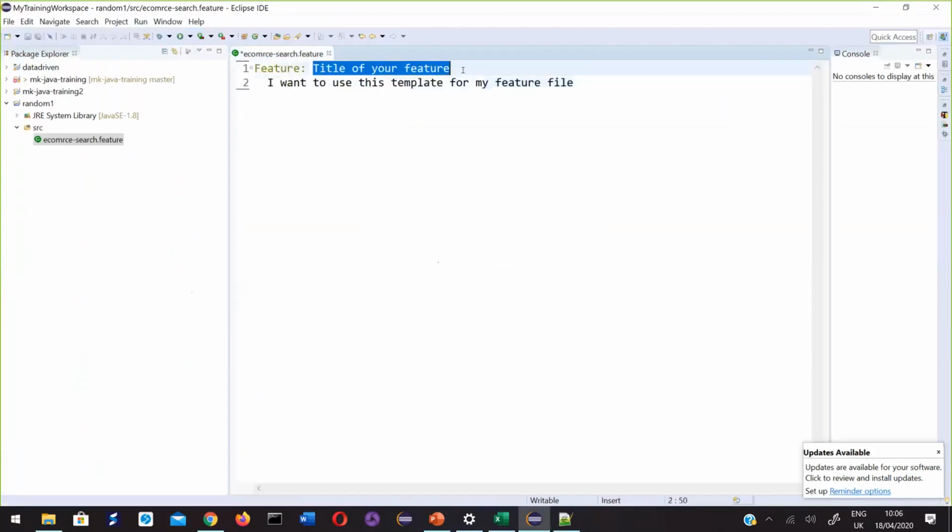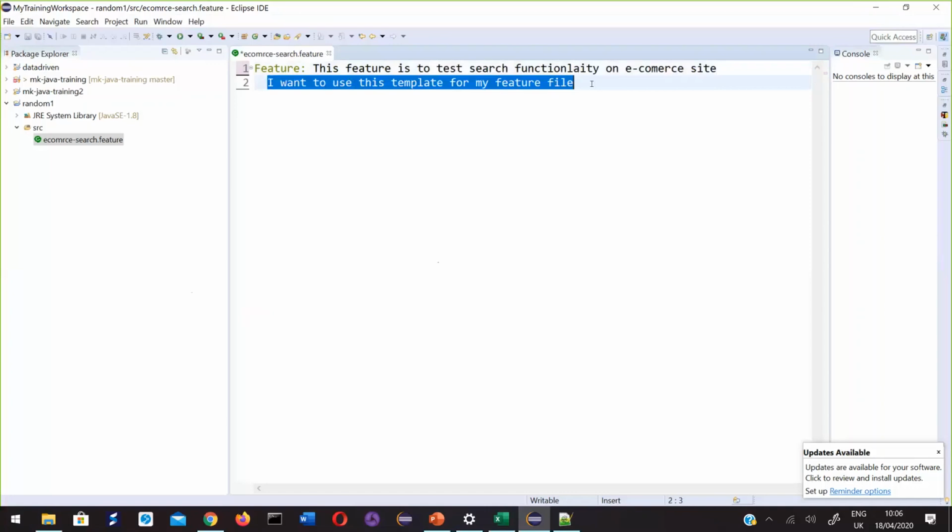So the title of the feature here: this feature is to test search functionality on an e-commerce site. If I want to provide a little more description about this, I can write it in the next line.